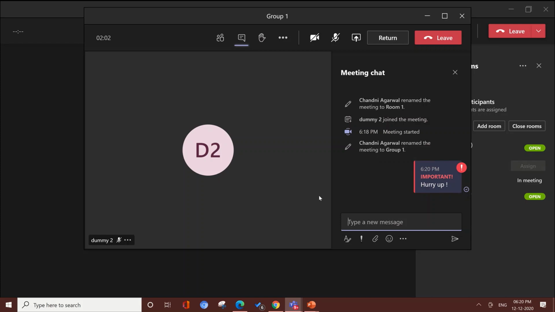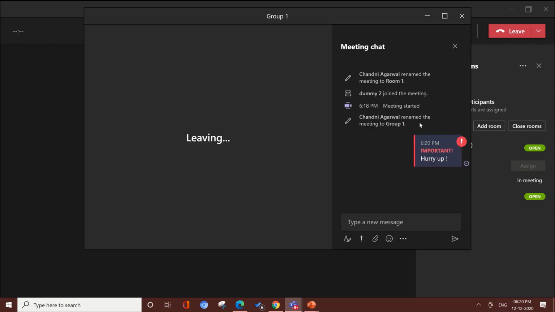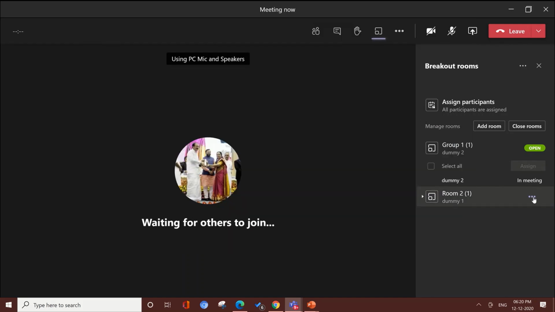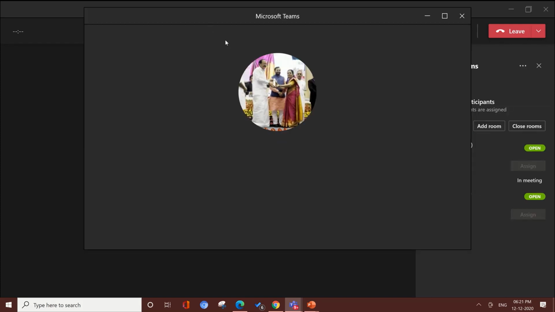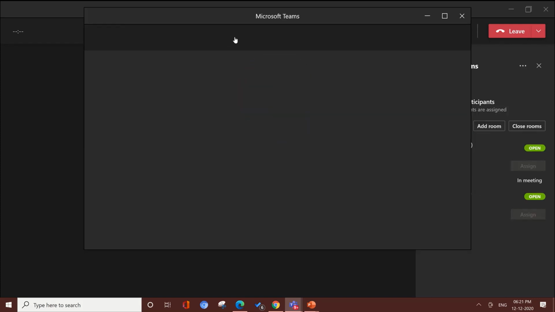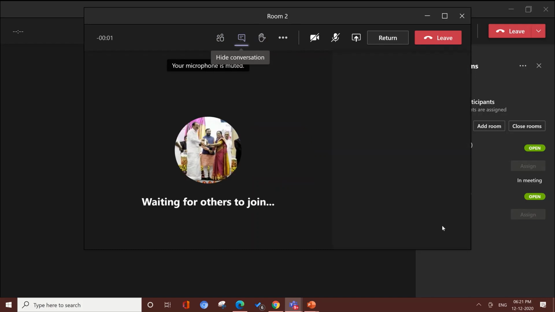Even when students are chatting in this group, you will receive all the messages in your chat window, and through chat you can connect with all the rooms. Let's check in room 2 also. This message has reached room number 2 also.